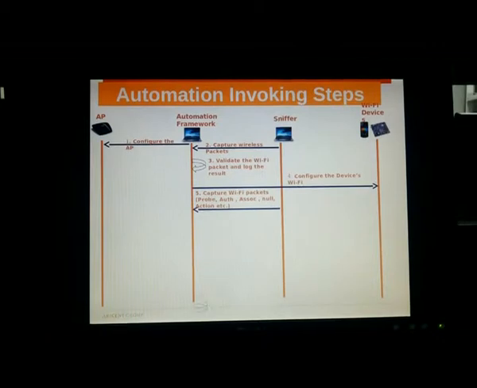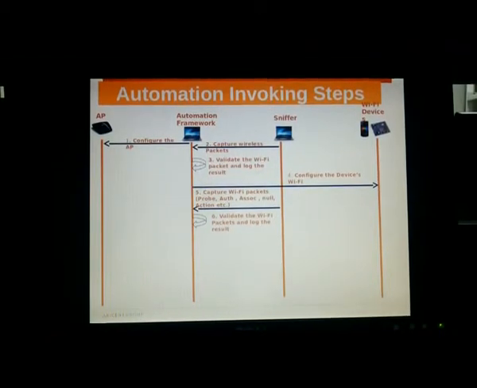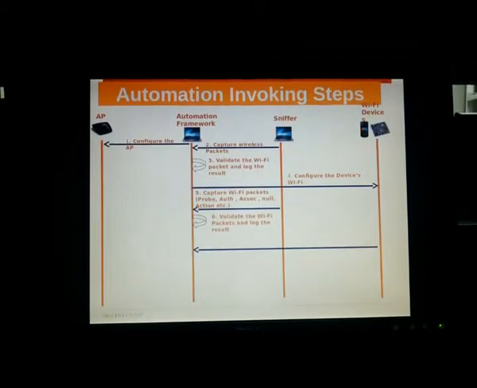Then our automation framework will validate all the parameters in these packets and frames and log the result based on the validation. After that the Wi-Fi client will ping the AP, and we will validate the ping result. Based on the result we will log the result, and this is the cycle for one test case.